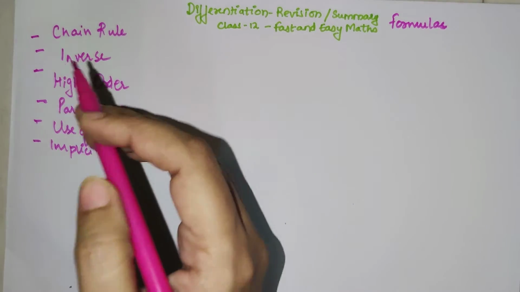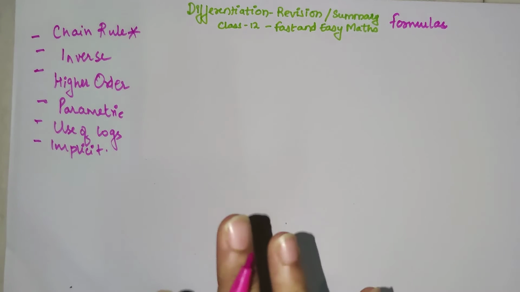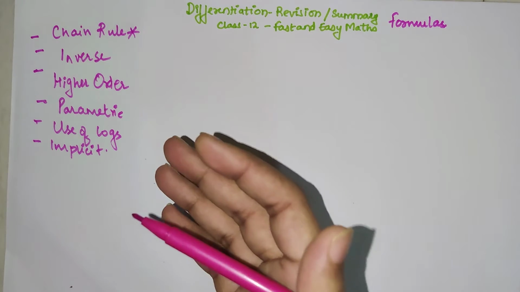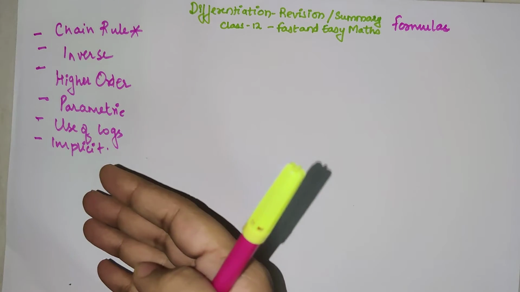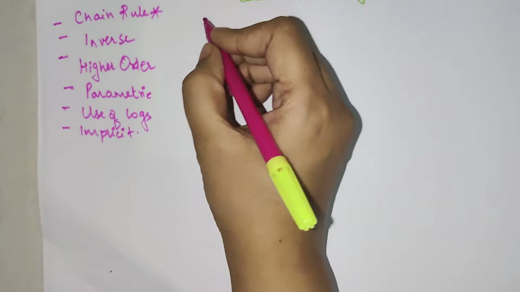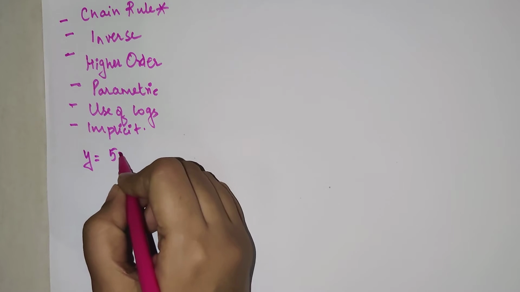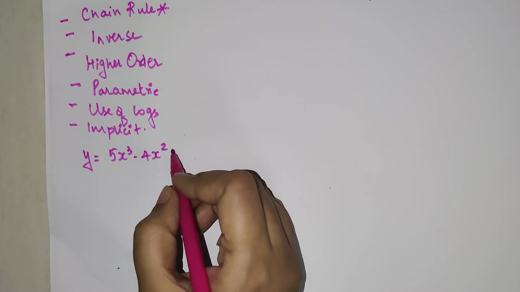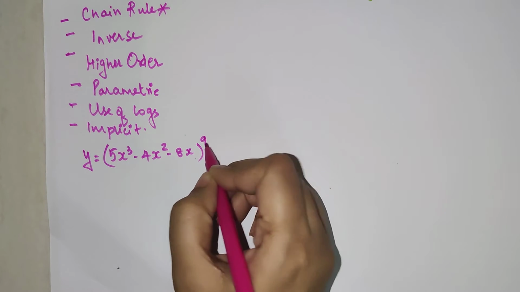Okay, so now let's understand the example, or rather the crucial example of chain rule. So whatever examples I am taking over here are something where I think, okay, if you look at those examples, you will have an understanding about how to go about chain rule or how to go about any of these other types. Okay, so now let's talk about chain rule. So if, let's say, y is equal to (5x cube minus 4x square minus 8x) the whole raised to 9.